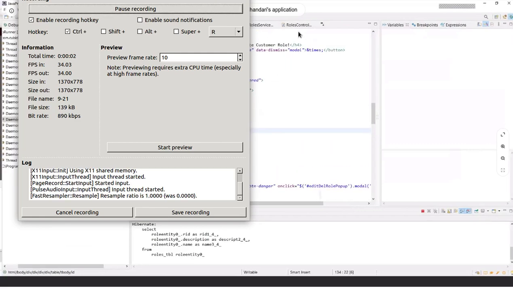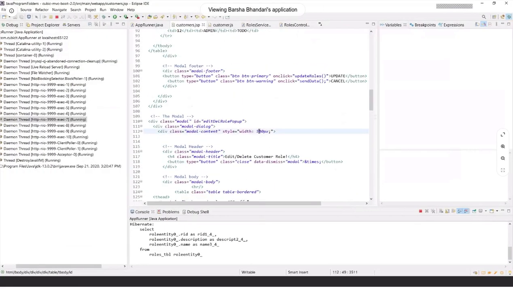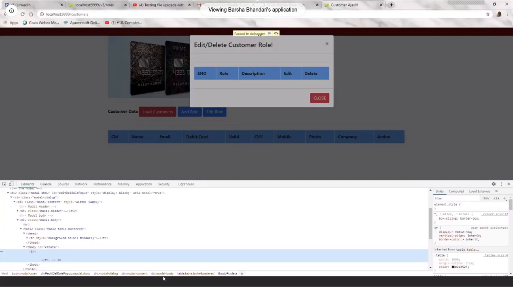So if you can increase its size. Just the height. Yes. 1,000. Yes. Let's see. Refresh it and then